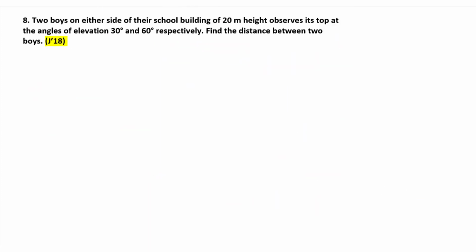Eighth question is, two boys on either side of their school building of 20 meters height observe its top at the angle of elevation of 30 degree and 60 degree. Find the distance between the two boys. This question was given in June 2018. So let's solve. Solution. On reading the first statement, two boys on either side of the school building, we understand